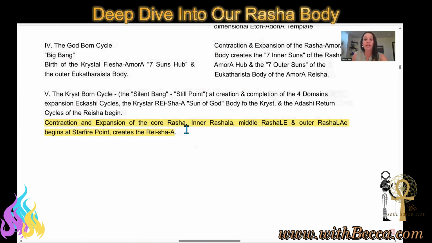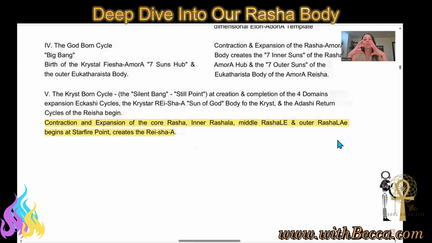So Rasha La, small a sound, the middle Rasha Li, long E sound, and outer Rasha Le. Begins at the starfire point and then creates the Rasha body.